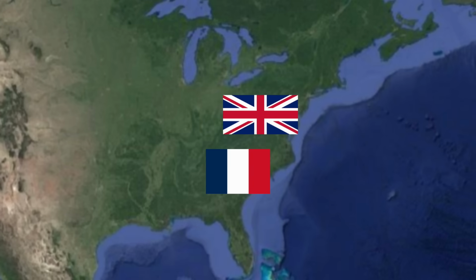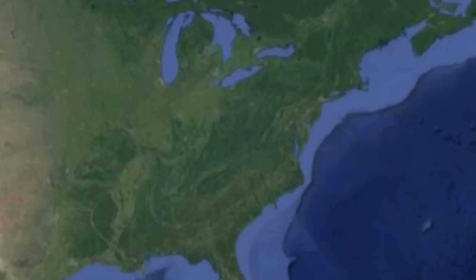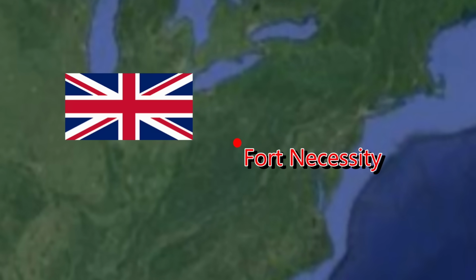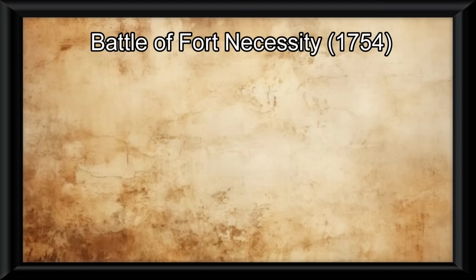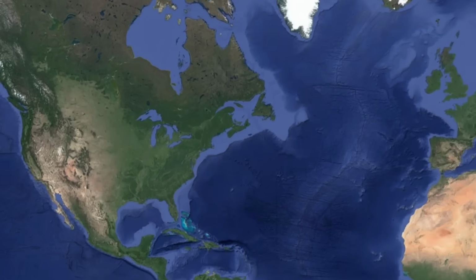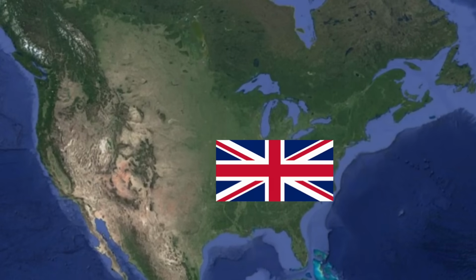The French and British had allied with many native tribes, and so colony armies combined with Native Americans would fight in this war. The war started with the Battle of the famous Fort Necessity, which the British lost. Notice the number of troops on both sides of this battle. It's very small. The only thing you should maybe know about this battle is it featured the general George Washington.